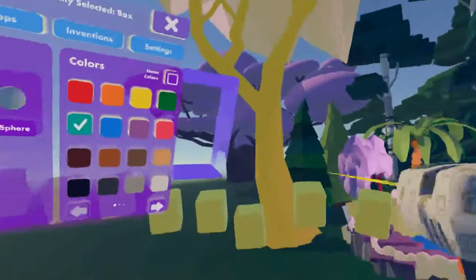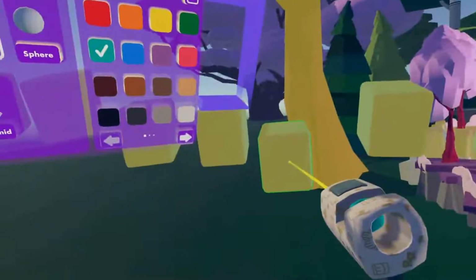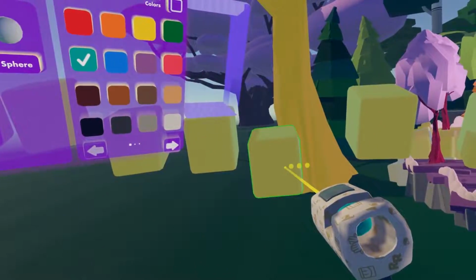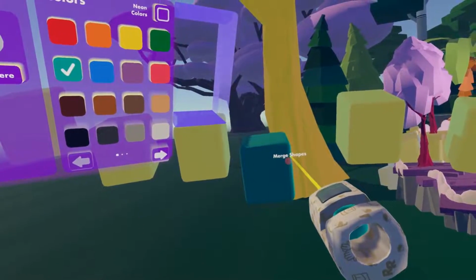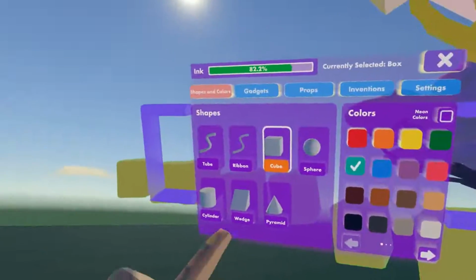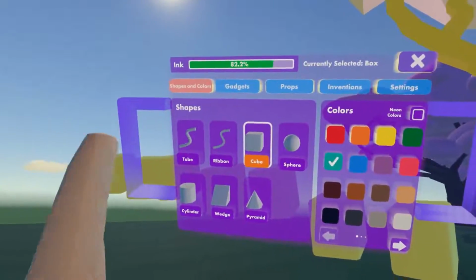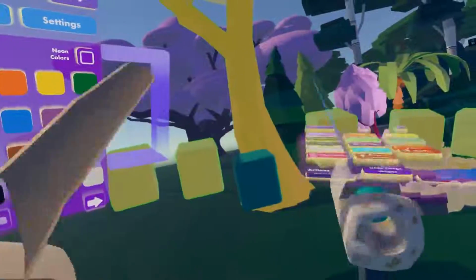All right, I'm selecting some of these trees here, which is fine. And then I'm just gonna hover over this, and then see these little dots here? I'm gonna press on that, and I'm gonna merge shapes. All right, all the shapes are merged. It went down. You notice that? So if I actually clone this,